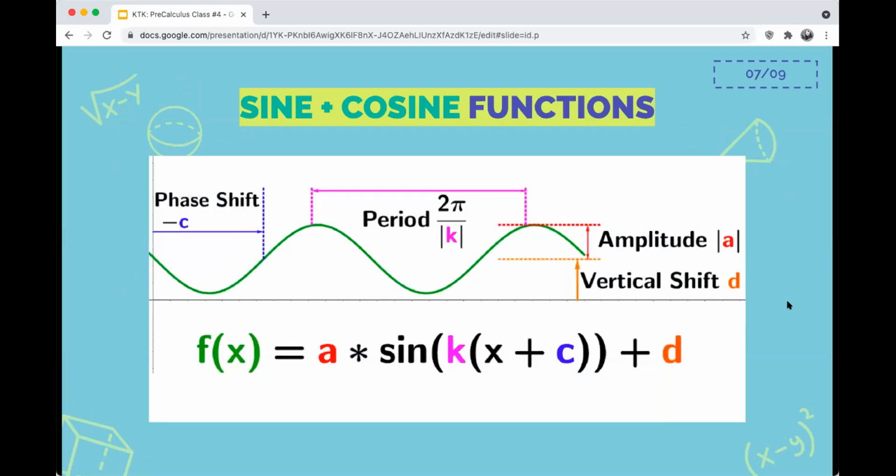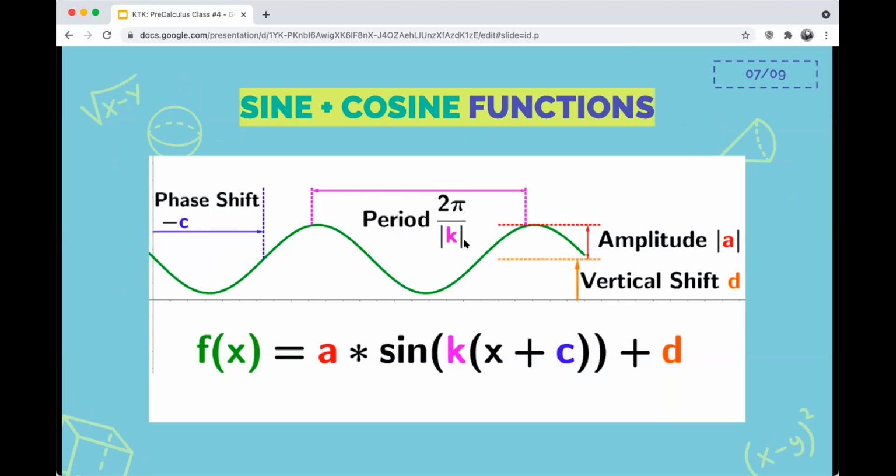So we'll take a look at sine and cosine functions, just analyzing the way the function looks when it's written down. First, we have f of x is equal to a times sine, and then in this case, sine of k times x plus c, close parentheses, plus d. D is that vertical shift. The amplitude, it's important to know, is the absolute value of a, and the period is 2 pi